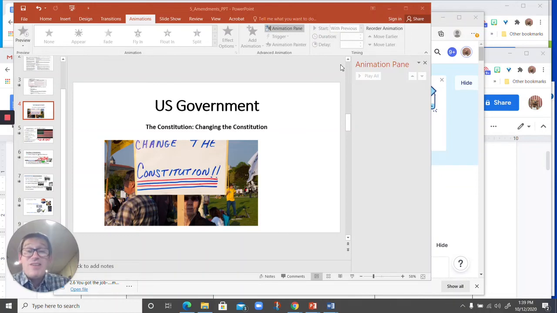Ladies and gentlemen, today we have an epic quest ahead of us. Over the last 230 years, there have been 27 changes, or 27 amendments, added to the United States Constitution. Well, it's our job today, in hopefully just over a half hour, to try and run through each one of those different amendments and make sure that we understand what they did, the historical context to them, and maybe the most important part, how we can possibly try and wrap our heads around all of those different amendments and actually